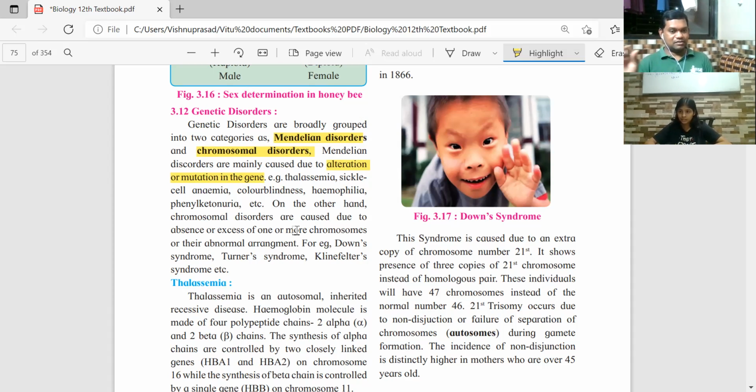तो 44 plus 2 की जगह पे एक तो कम ज्यादा हो गया, या maybe a part of a chromosome is getting deleted or something. I've shown you 4 types of chromosomal aberrations, if you remember. Duplication, deletion, inversion, translocation, and we have also seen